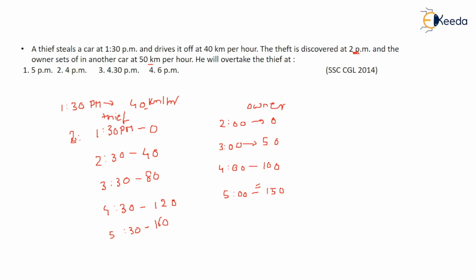So at half of this, meaning at 4:30, he will be around 125 kilometers. That means at 4:30 he has already overtaken the thief, right? So the answer is 4:30. You have to understand the concept and make things simple. You don't need to remember or apply formulas, like when they are going in parallel, what is the relative speed and so on. Do things in a simple manner so that you can understand the concept. This is a very simple way you can do it, right? So this way you can do it.